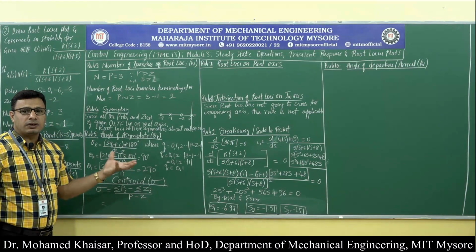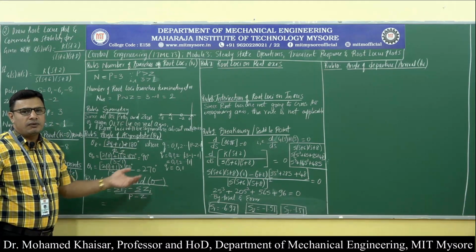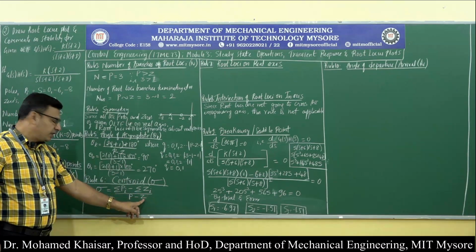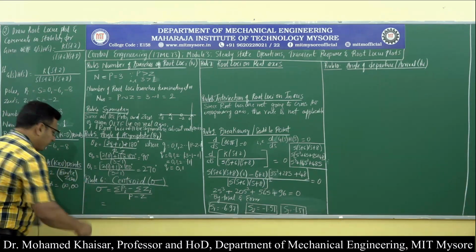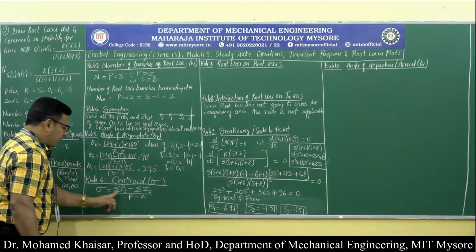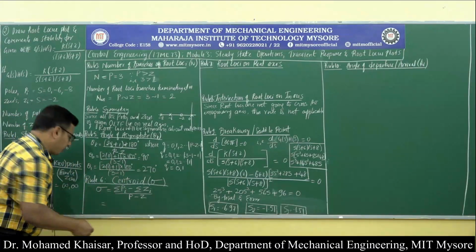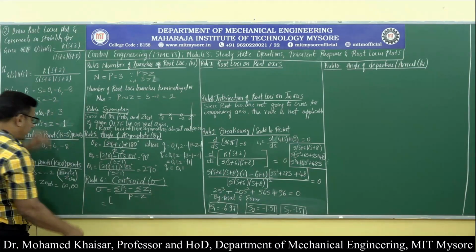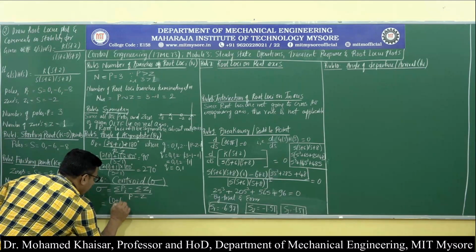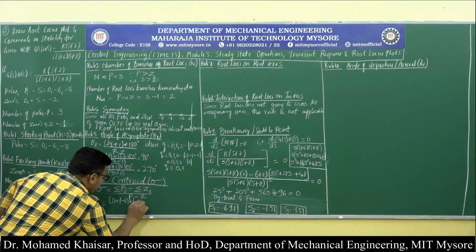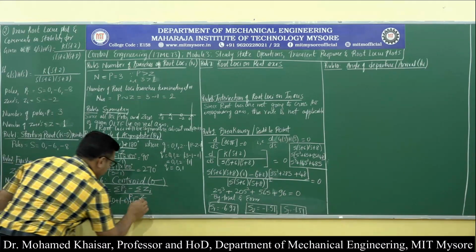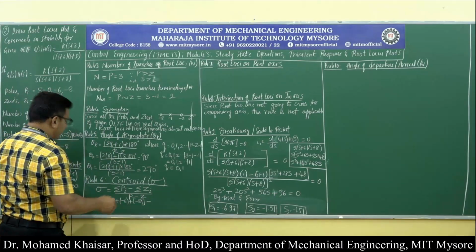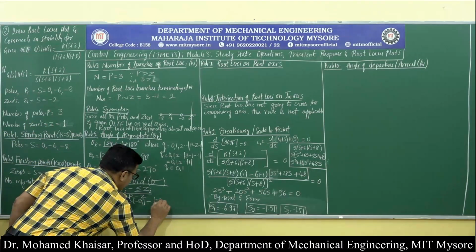Pi is what? What are the poles we have got? Zi is what? What are the zeros we have got? Capital P is what? Number of poles. Capital Z is what? Number of zeros. So what we can do here is summation of pi means you sum all the poles together. So therefore, what poles do we have? 0, minus 6 and minus 8. So 0 plus minus 6 plus minus 8, then minus summation of zeros, there is only one zero, that is minus 2. So minus 2,